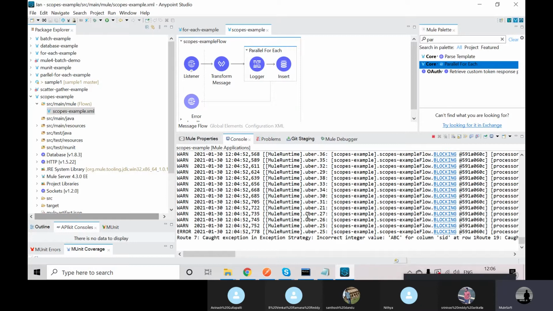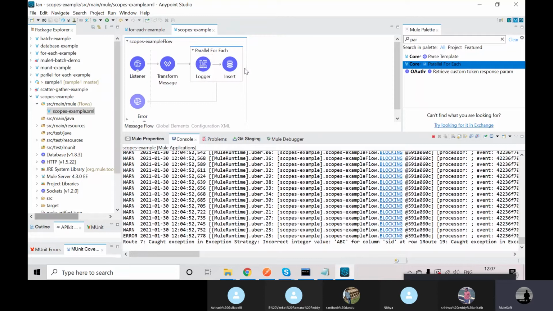And here one more thing, you are getting error, right? In the parallel for each and for each also you are getting error. In the for each, when you get the first error, then it will skip the execution and it is not inserting remaining values, right? In the parallel for each, whichever records have errors, those records are not inserted, remaining all records are inserted. This is a little bit fine, but we are not able to capture those error records, right? It is not possible to capture those error records in the parallel for each. So to capture those error records and also to process bulk records as batches, we can go with the batch component.